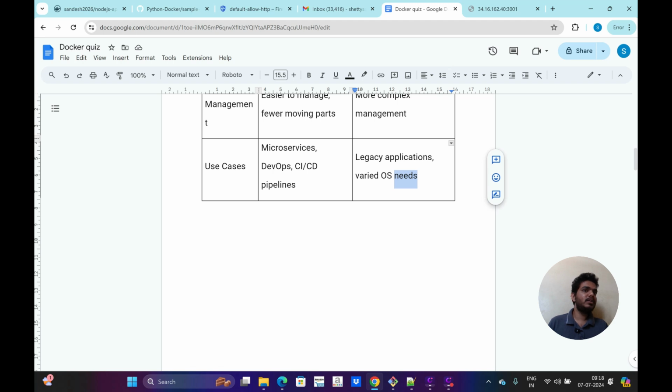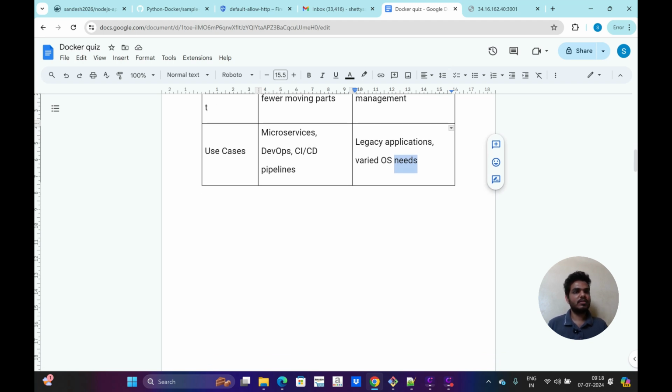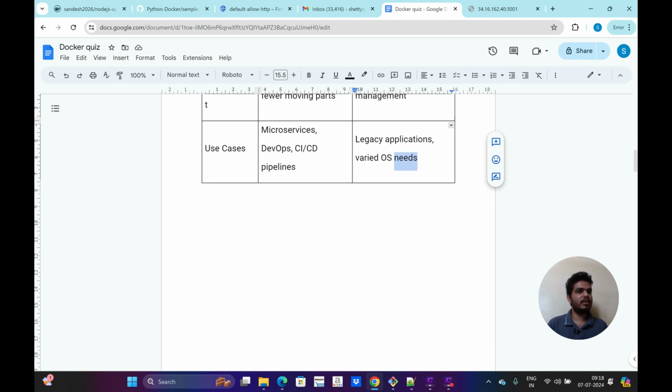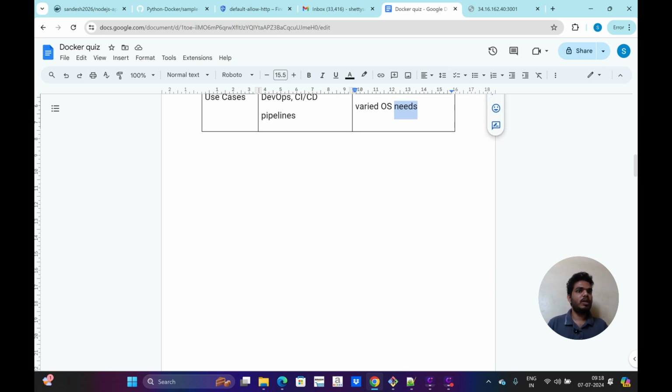But I can't host my Windows image on Linux because a container always uses the host OS. So if the container is Windows type and the host is Linux, that won't work. But in Windows Server I can create a Linux VM also,